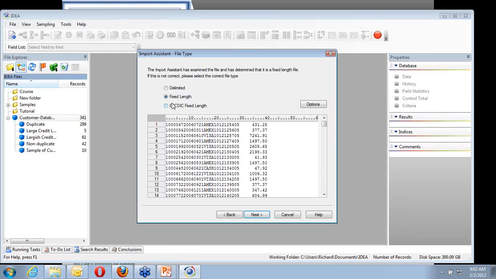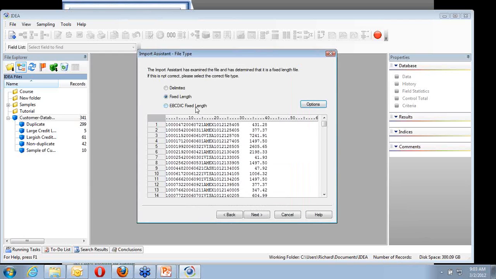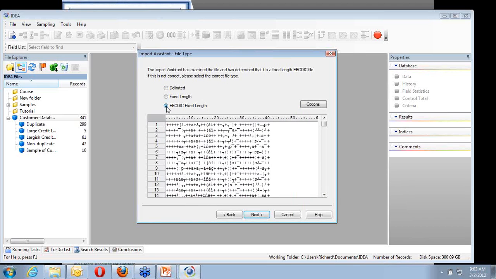It looks like it's fixed length. It might be, it might not. Let me try saying it's not fixed length. Okay. Let me go for delimited. Nope. I don't see anything changed there. Let me look at Ipsidic fixed length. Now,